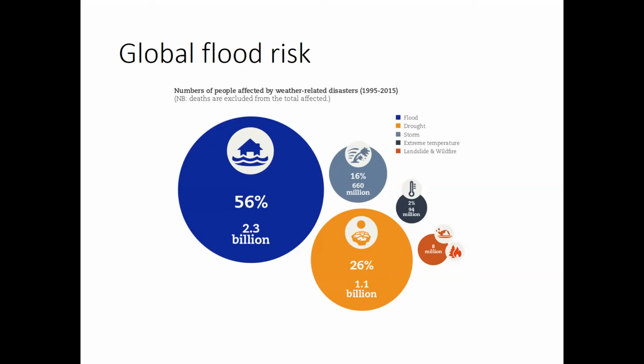Again, that's something that's been in our media over the last year or two in the UK, and also more severely in places like California and Australia. But I'm going to talk about floods today, and we can see here that globally in this time period, the number of people affected by flooding was 2.3 billion people. So a substantial amount of the Earth's population, more than a third, or around a third, depending on how you map the population at this time period.